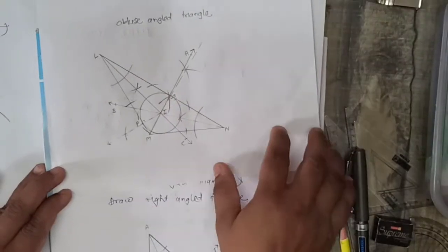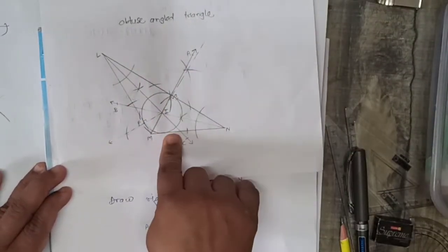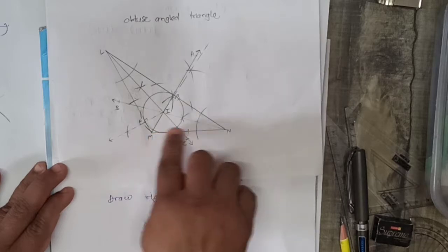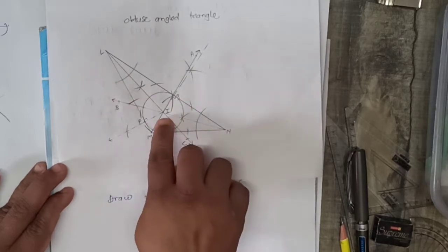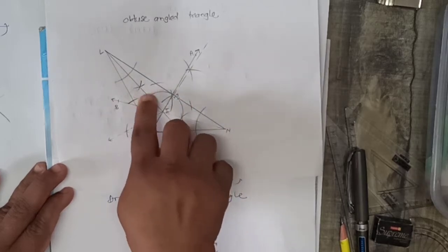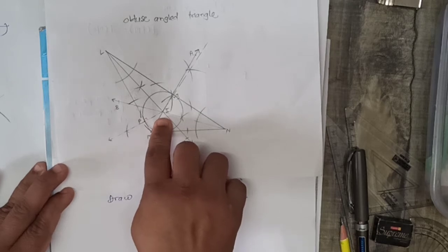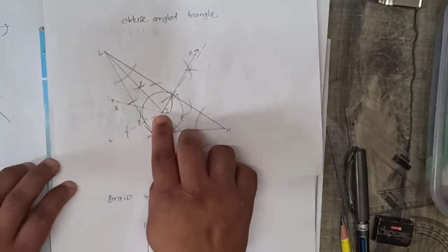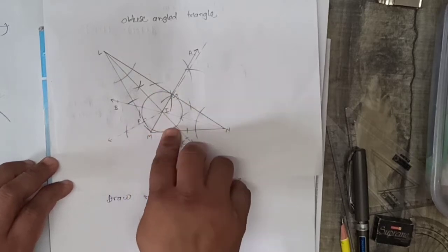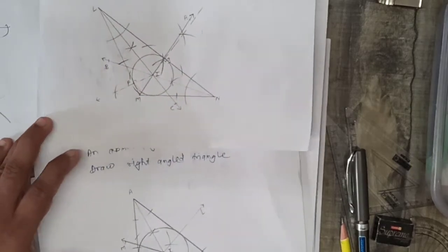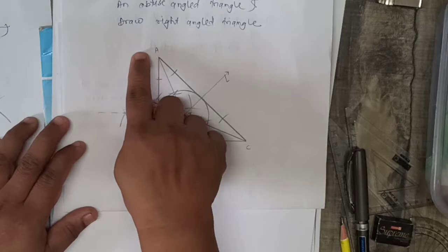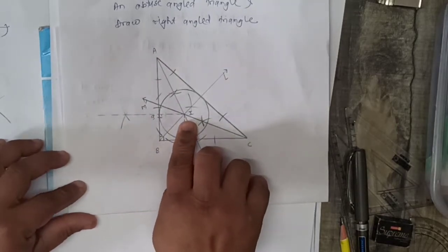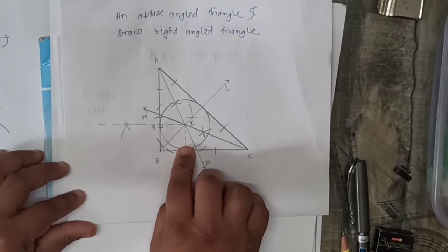In the same way, when we draw an obtuse angle triangle and draw the angle bisector of each angle, their point of concurrence is also present in the inner part or interior portion of the triangle, and also by using that point of concurrence we can draw the inner circle like this. In a right angle triangle also, the incenter of the circle is at the interior part of the triangle.